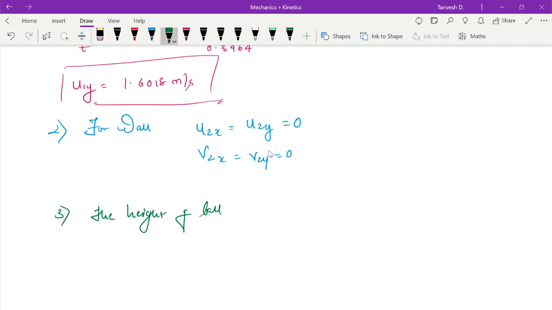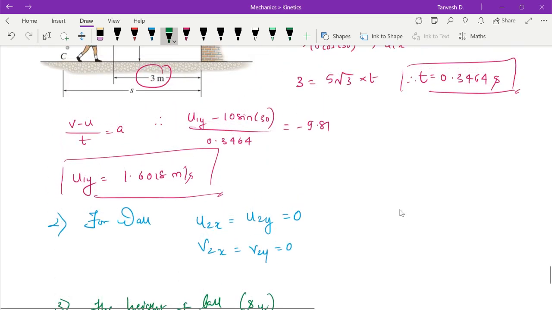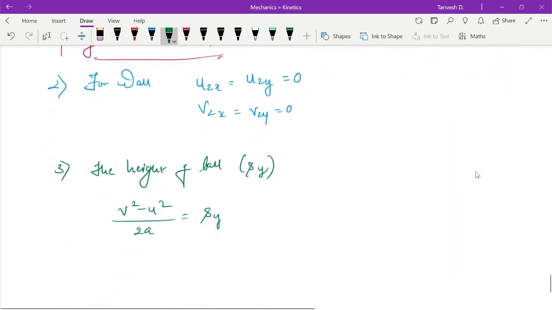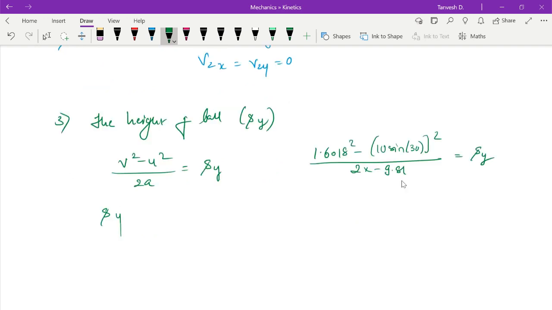In the parabolic trajectory, sy is equal to, we can use the formula v square minus u square upon 2a. So v square minus u square upon 2a is equal to sy. Therefore, v, the final upward velocity, is 1.6018 square minus (10 sin 30) square upon 2 into minus 9.81 is equal to sy. Sy will come out to be